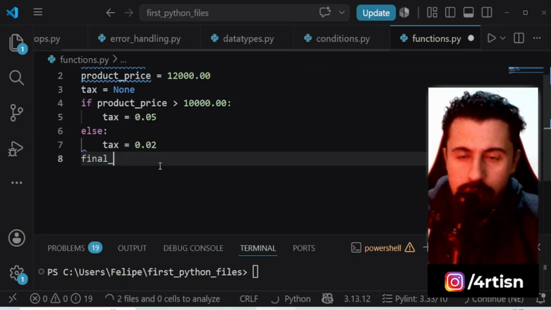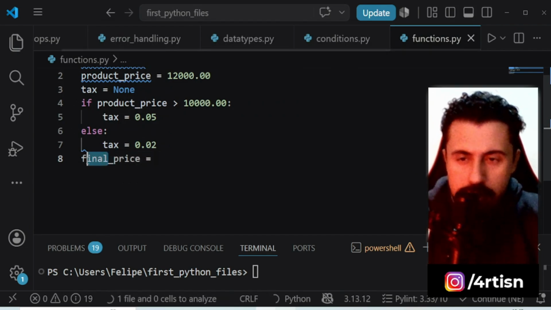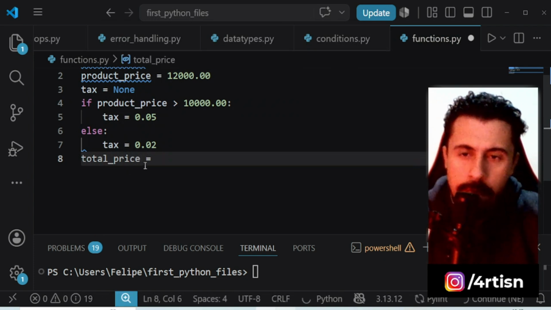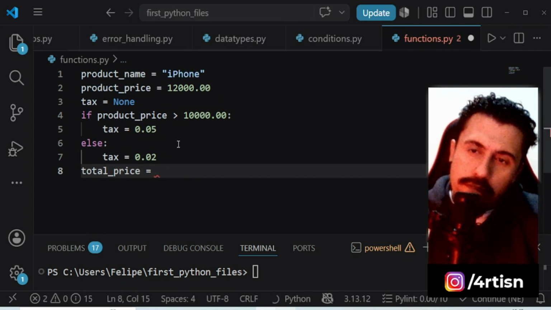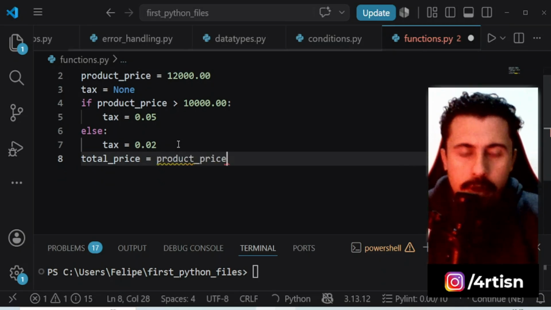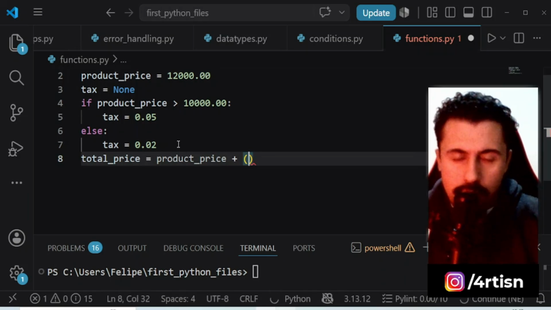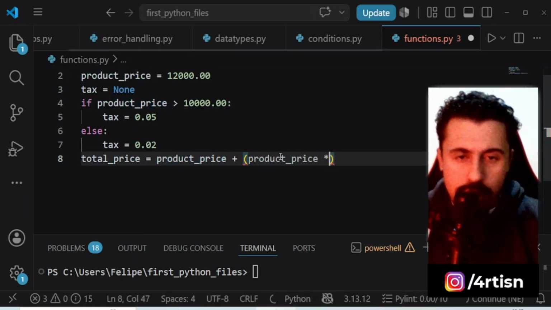So final price, total price is better, is going to be the product price plus, between parentheses, product price times